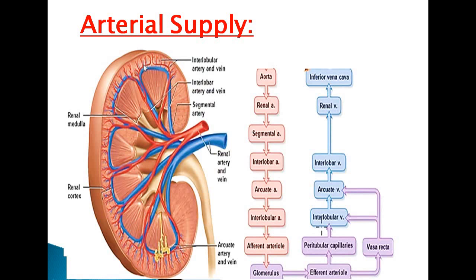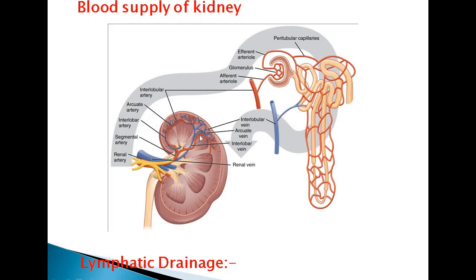That arcuate artery in turn divides into interlobular arteries perpendicular to the arcuate artery, and the afferent arteriole is derived from the interlobular artery itself. So what is its fate then? Up to here is the interlobular artery, which gives off the afferent arteriole that goes to the Bowman's capsule. It will form a glomerulus, which is nothing but a tuft of capillaries, and then the efferent arteriole. This efferent arteriole divides and redivides, forming a peritubular capillary network.